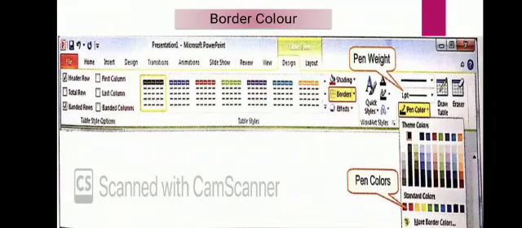Basically first you have to select the table, then click on this border color button as shown in the figure. Click on it. Then one color palette will open. Then choose the color that you wish to use, or simply drag the mouse on the table border. Clear? Simple. You have to click on the design tab and then pen color, select the color of your choice, click it or simply drag the mouse upon the cell or column.